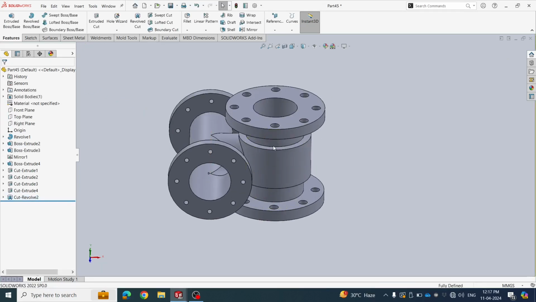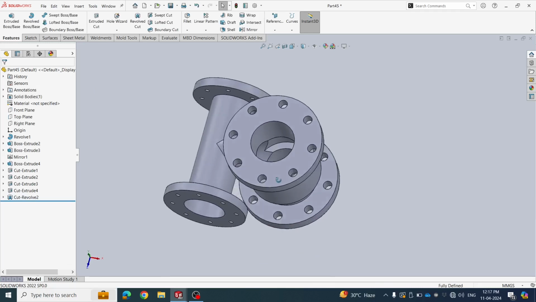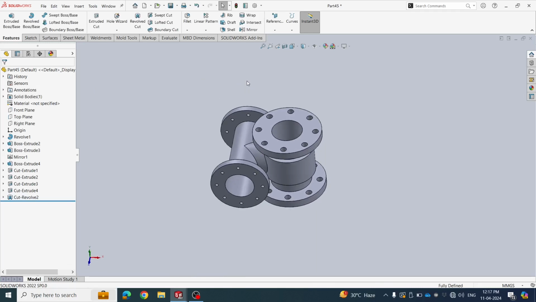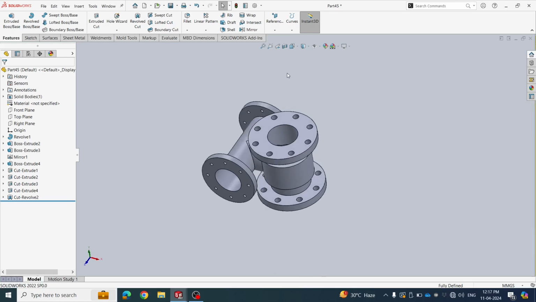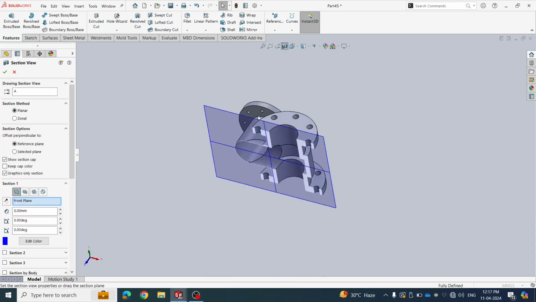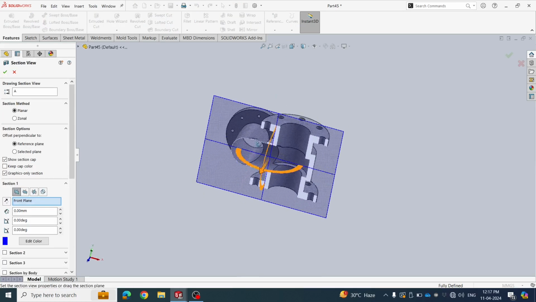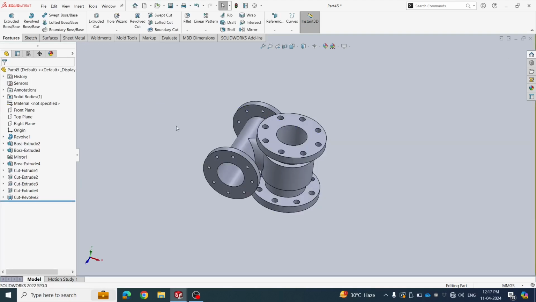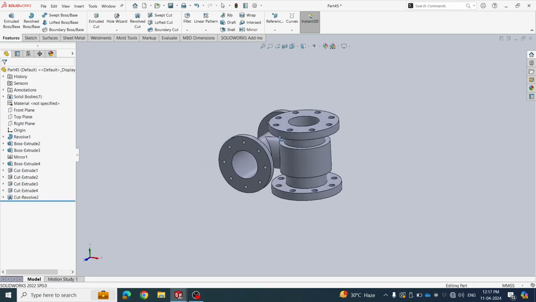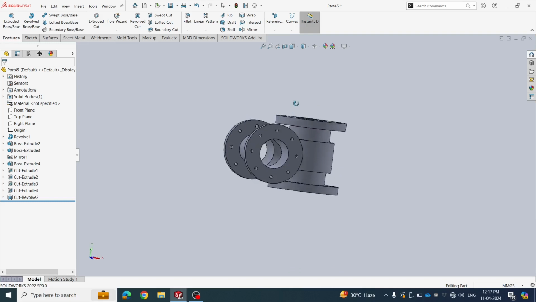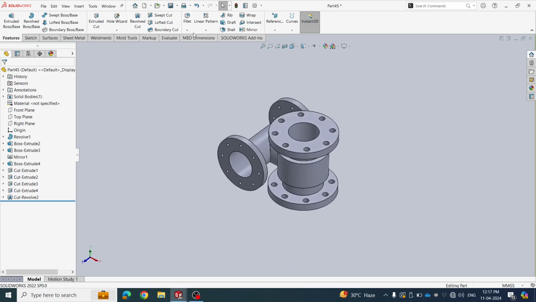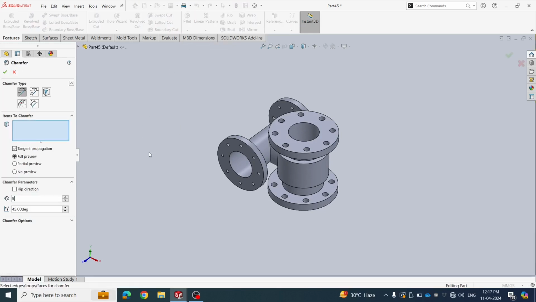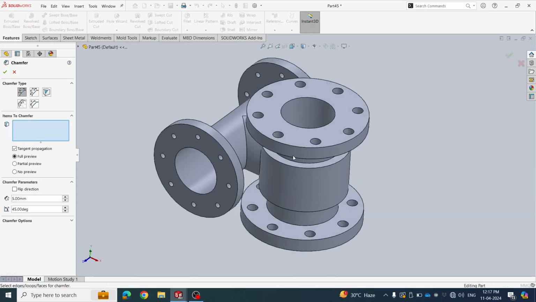Okay, please, then here it's already cut, then we need to see in section view, here it's like this, then we need to do some modification in this sketch, and here to use chamfer to the 5 and 45 degree,